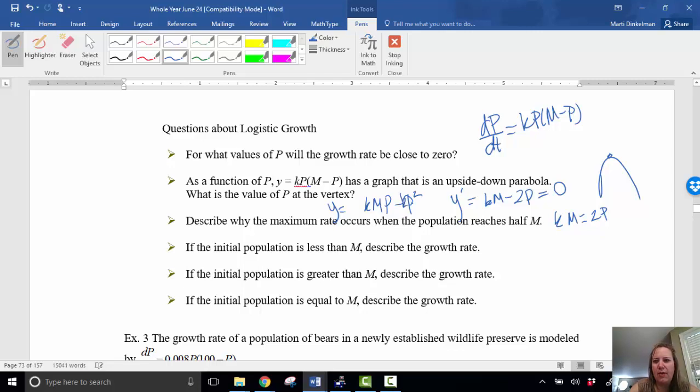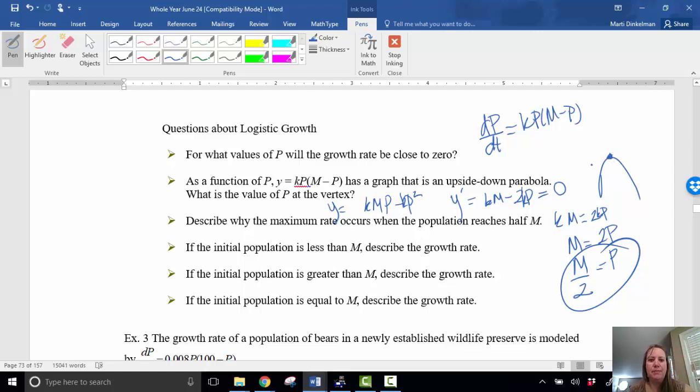There's a k here. There we go. That's what I'm missing. There's a k there. So km equals 2kp, because there's k's on both sides, we can just get rid of that. And so basically at half the carrying capacity. So that's that thing I told you earlier about how it's growing the fastest at half the carrying capacity, because we find this maximum at half of that